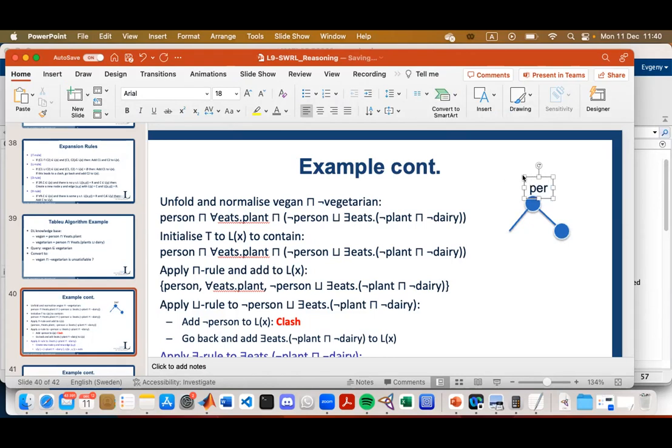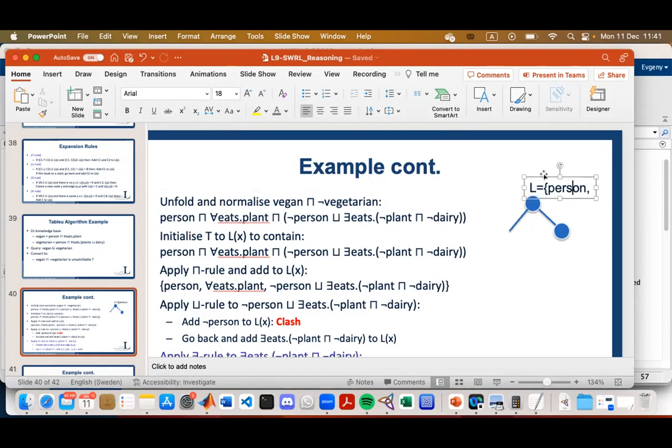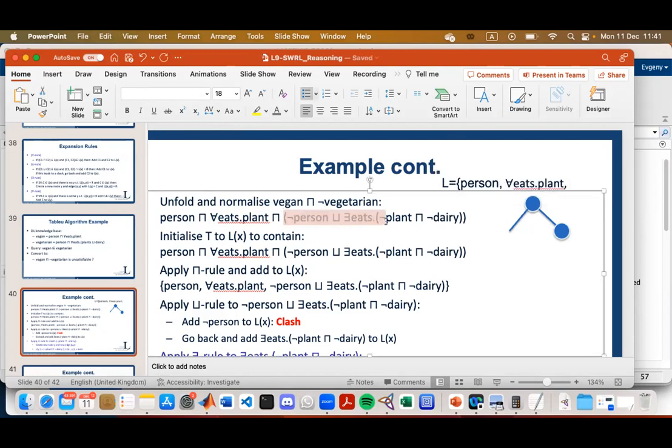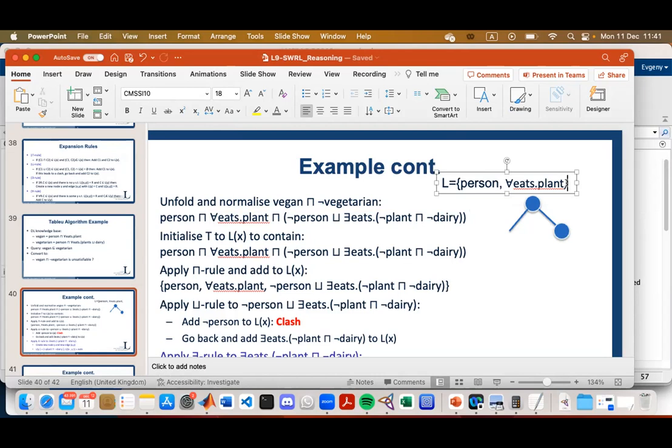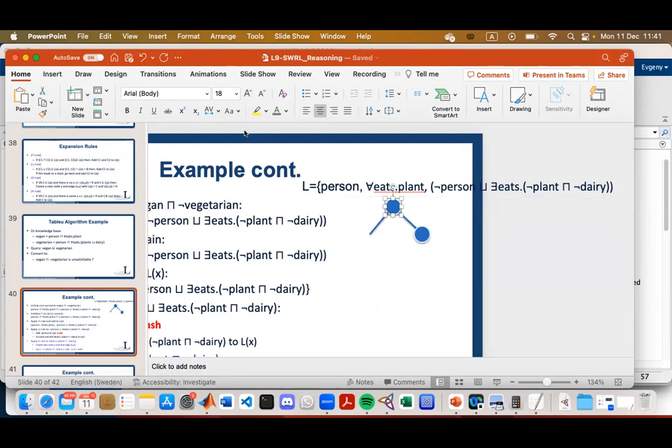Our label will contain person, and then this thing over here, and this whole thing over here. So this is about the creation of this first node.